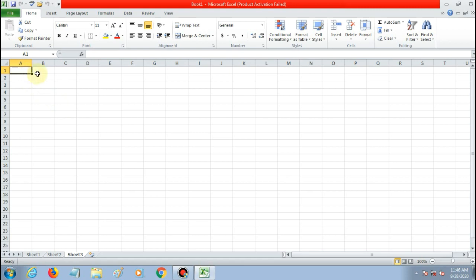Then if you want to enter data or information in a cell, you have to click on that particular cell and start typing.